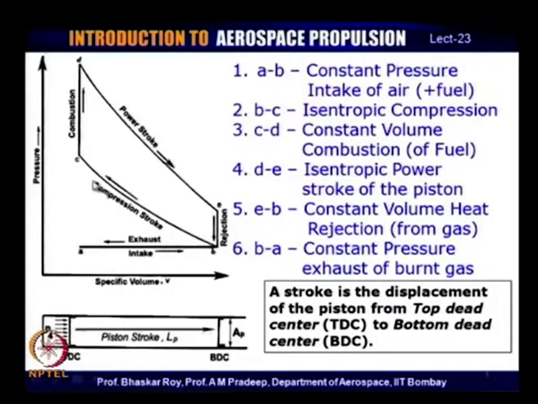Now, the process B to C is referred to as isentropic compression in the ideal cycle, because this process is now occurring under a thermodynamic process in which the entropy of the system is said to be conserved. So, during this process there is no change of entropy as envisaged in the ideal cycle,